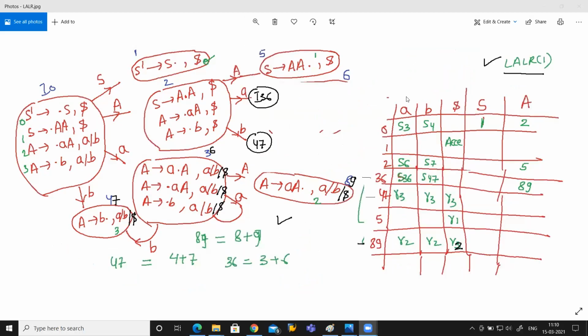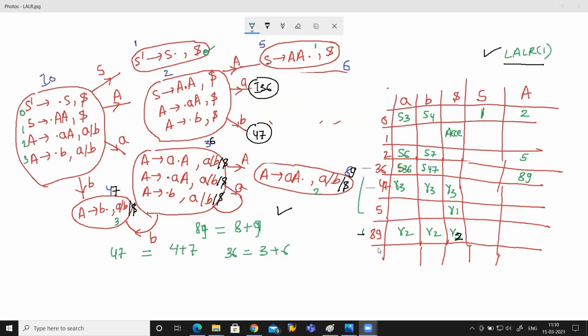Okay. Now this is the diagram we have for LALR1. See, 0 is same, 1 is same, 2 is same. Now I've merged 3 and 6. Because I have merged 3 and 6, the shift will become S3 and 6. Earlier it was only S3 and S4, and 6 were separate states in your shift. So I have merged these two, and here only 8 was written. Now it has become 8 and 9 because you have merged 8 and 9.